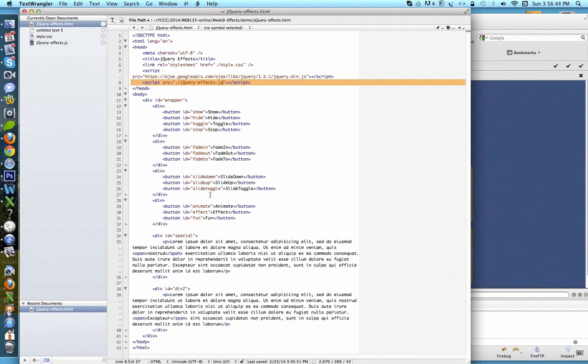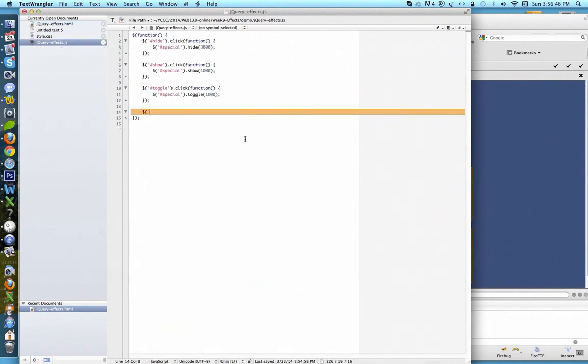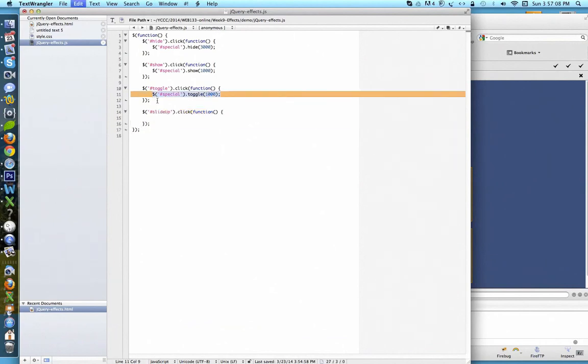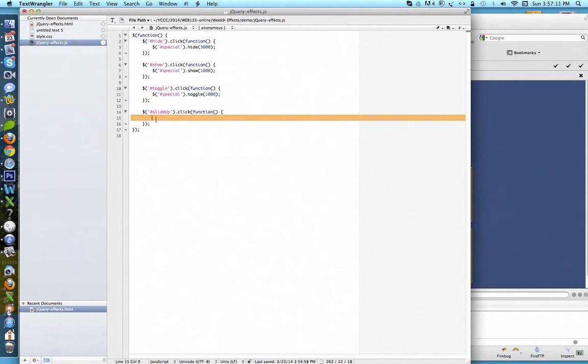Slide down, slide up, slide toggle. So the first one is going to be slide up because I'm assuming that it's hidden. So I click on it, and when I click on it, I'm going to pass this function, and inside the function I can copy this, paste. So what I want to happen is that the element slides up, meaning that, and you wouldn't know that